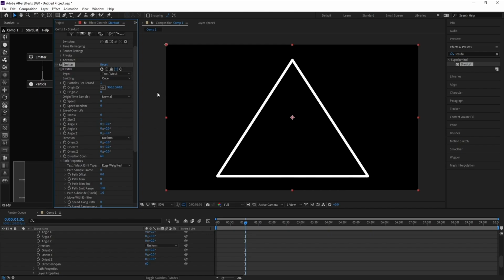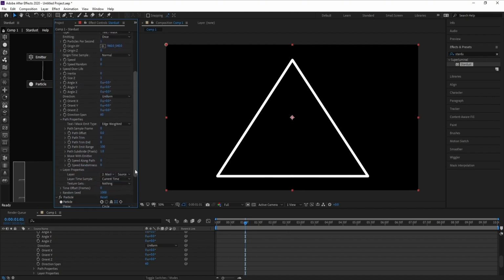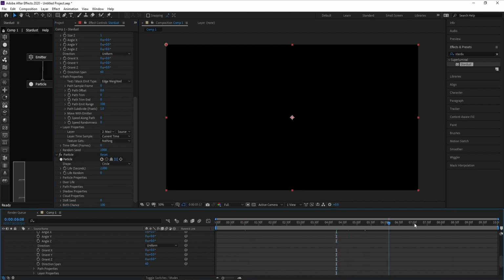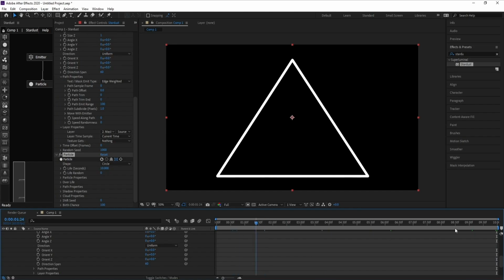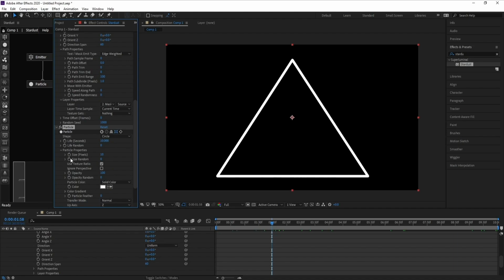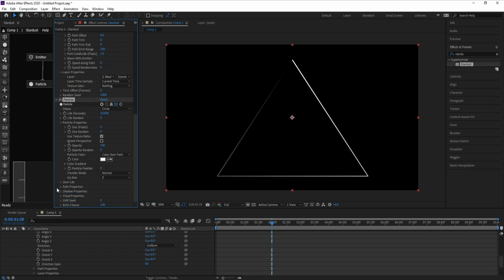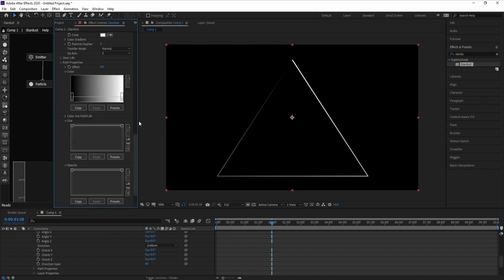That's all. Okay, now I'll go to particle. Life, I'll change it to 10. And also I'll go to particle properties and size, I'll decrease it to 4. Will be good. Then solid color, set solid color to color over path and go to path properties,